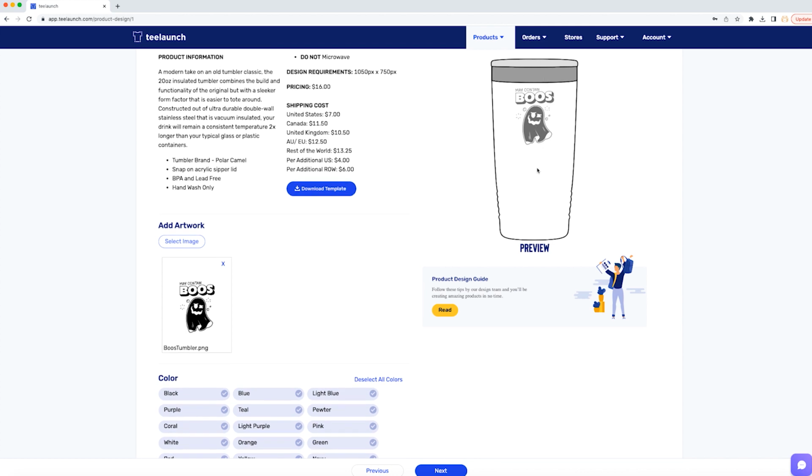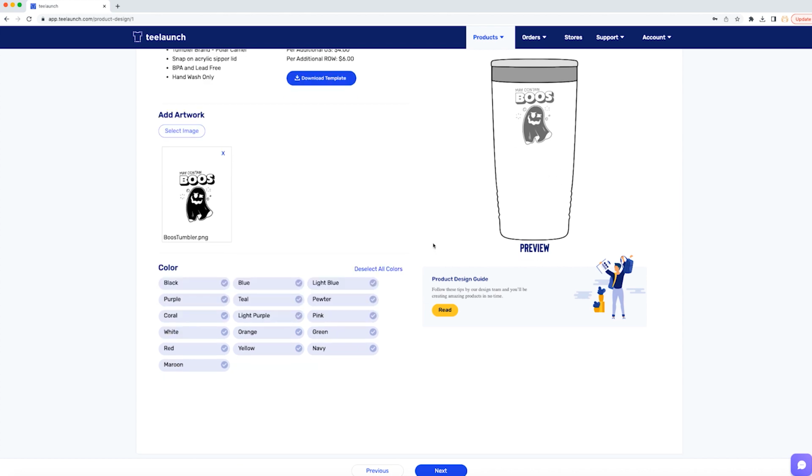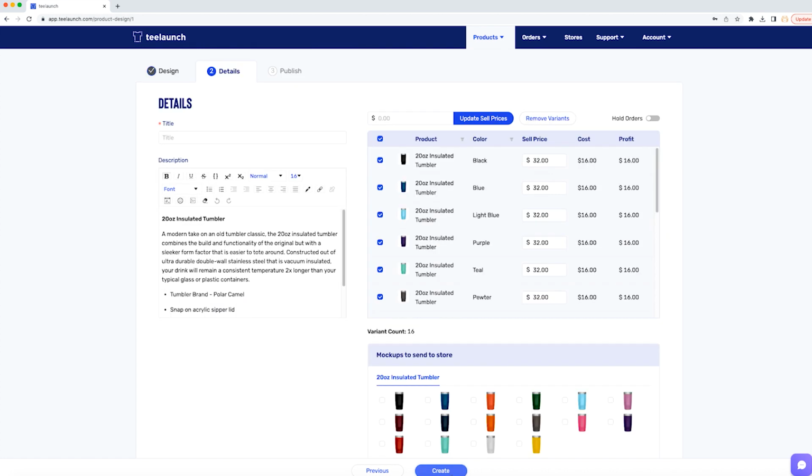And this is a pretty good size. Like I said, we don't do all the way top to bottom printing because the shape of the tumbler starts to narrow out, and then we've got some little ridges in here. You can't really see it on this illustrated preview, but that's good because if someone puts their hand on here, you can still see the full graphic. That looks good. So then we'll go ahead and go to next,